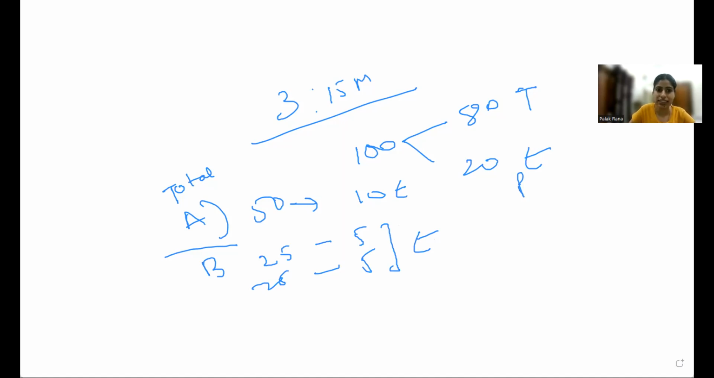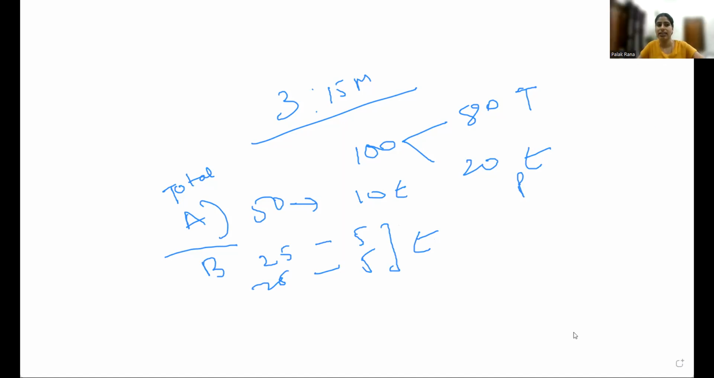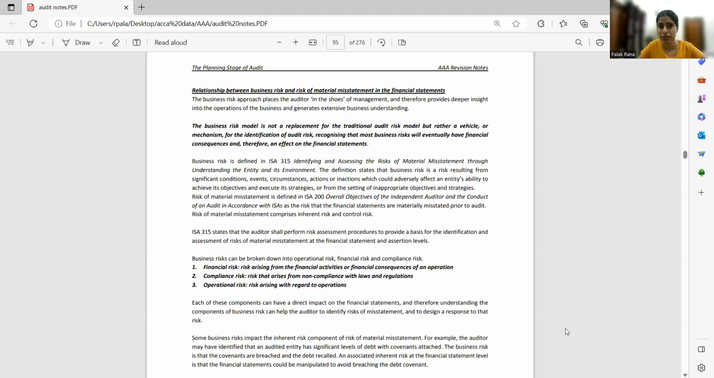Now, let's jump to the topic of business risk, which is the most relevant topic of our advanced audit and assurance paper and which is tested in the 50 marker question. So, guys, before starting, can anyone tell me what business risk exactly is? All right, no worries. Before giving the introduction about business risk, let me tell you that for attempting this question,